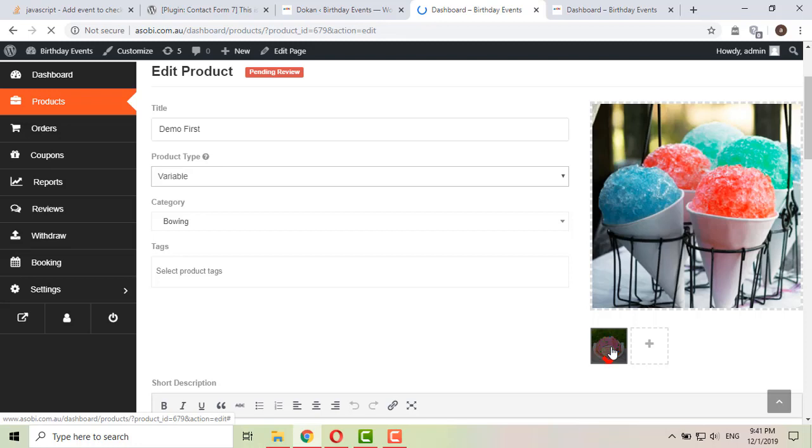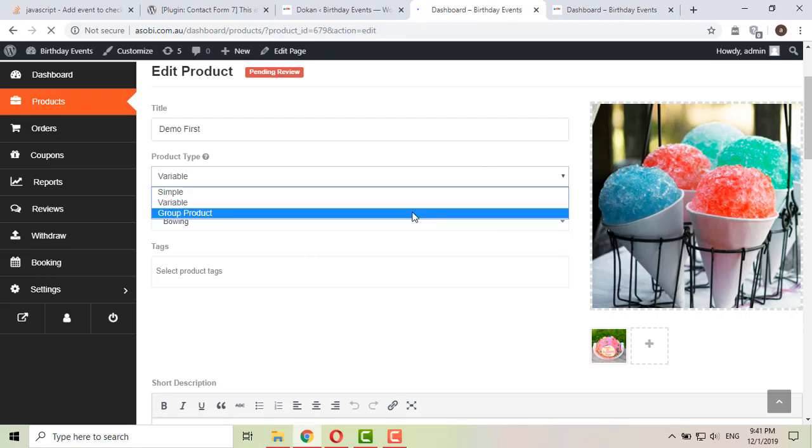For example, for a cake, there will be weight variations, like 1 pound, 2 pound, 3 pound. Similarly, in a shirt, there are variations such as yellow color, blue color, or sizes small, medium, large.